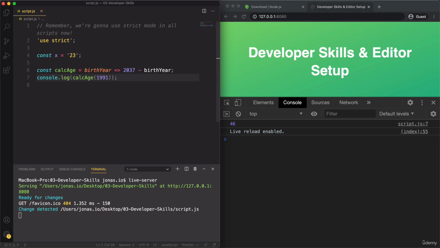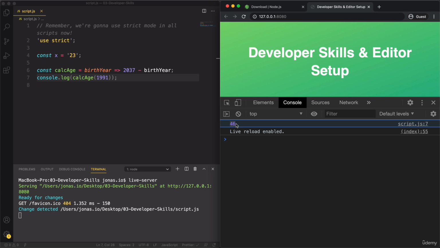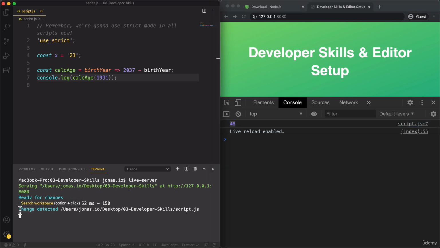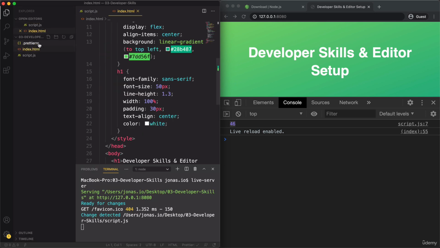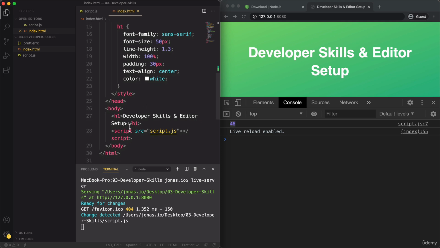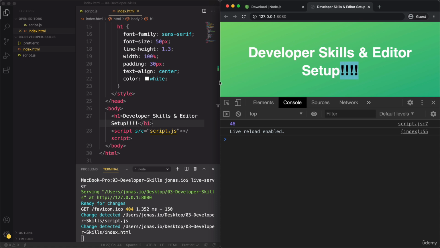And you see, it took like half a second, then the browser reloaded, and now we get the result here automatically. Also, you can see down here in the terminal that a change was detected, and so that's what triggered the reload. So any file that changes in this folder now will trigger a reload. So even if I change something in the HTML file, for example, if I save now, then see how it changed here as well right away. So let's put that back,